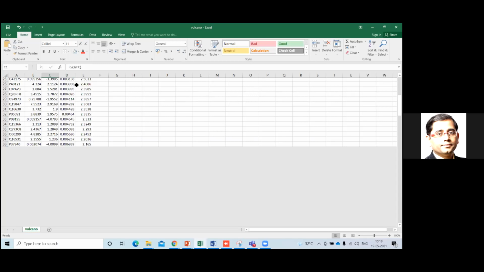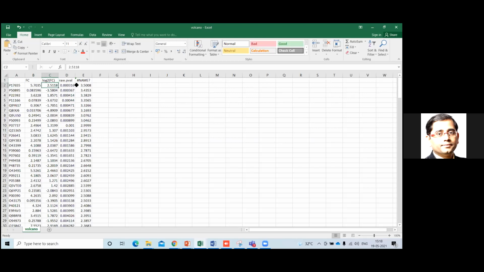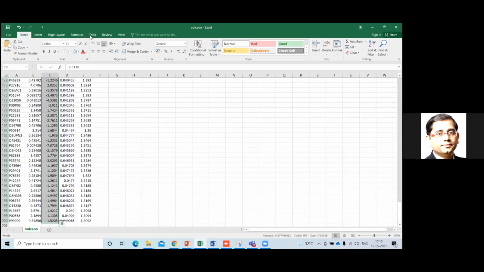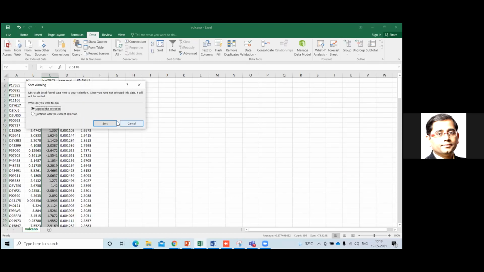And this is the fold change, as you can see, log fold change. That means, for example, P1765 is 2.5 fold upregulated in tumor when we are comparing with the control. The next one is minus 3.5, downregulated in tumor when comparing with the control. Now this particular data, if we go to the data and sort it A to Z,